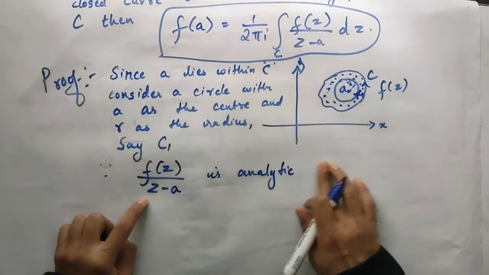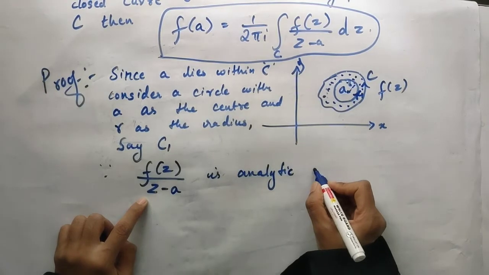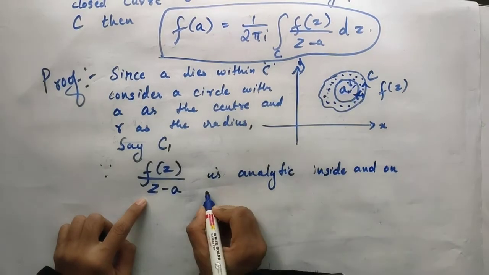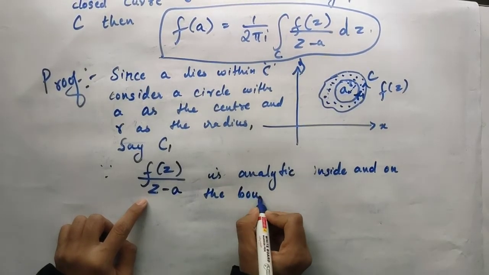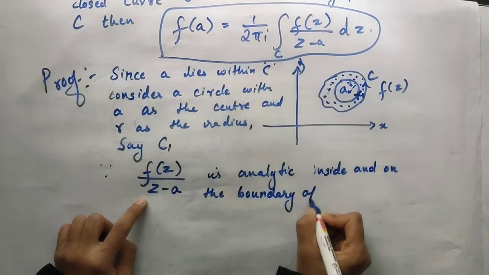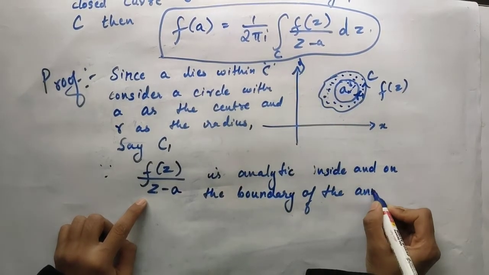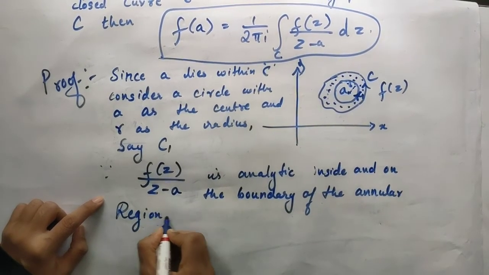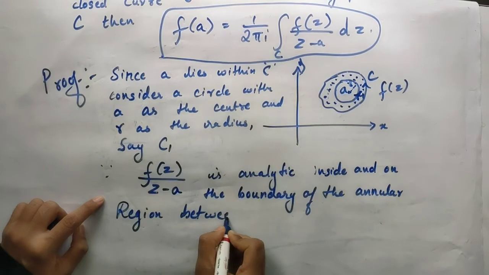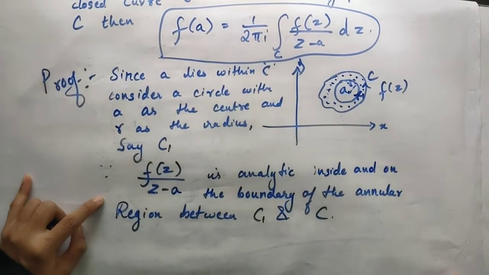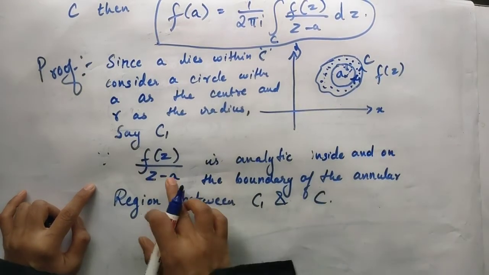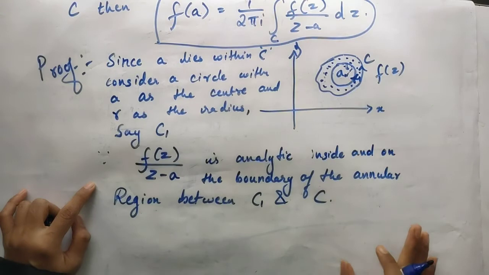Yes or no? Just see that it is analytic inside and on the boundary of the annular region between C1 and C. Yes or no? Is there not an annular region between C1 and C? Yes, and your f of z divided by z minus A is also analytic in that annular region and on the boundary. So therefore